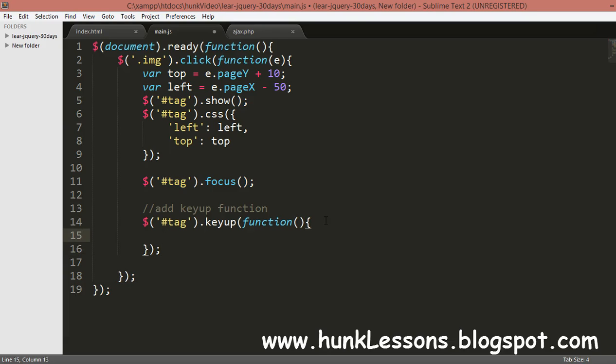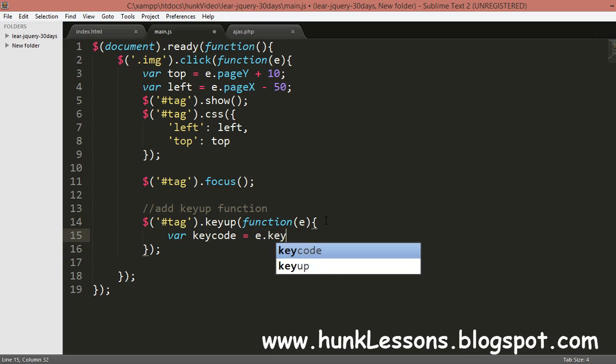Whenever a key is pressed, we want to console.log the value. Sorry, I will put an e here as a parameter and create a variable keyCode equal to e.keyCode.